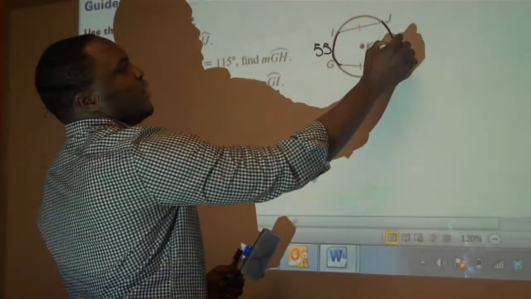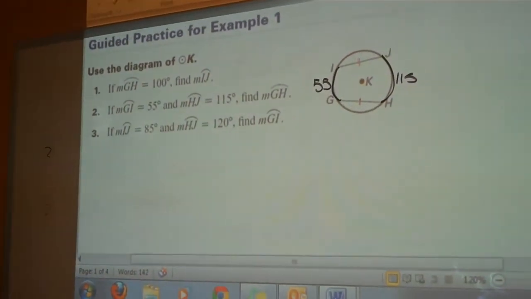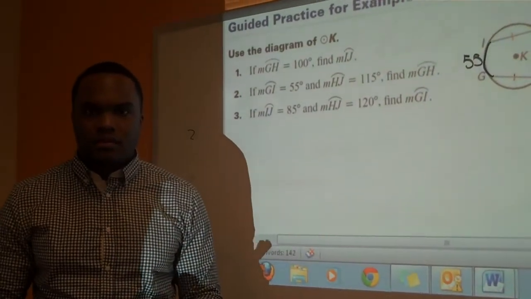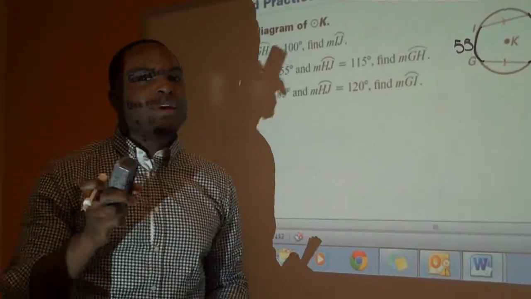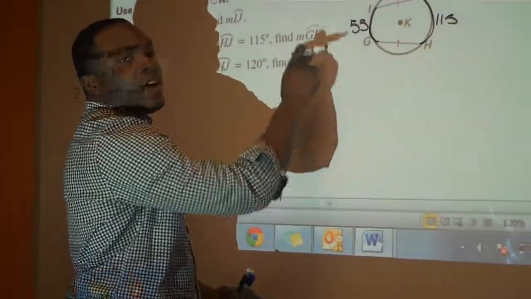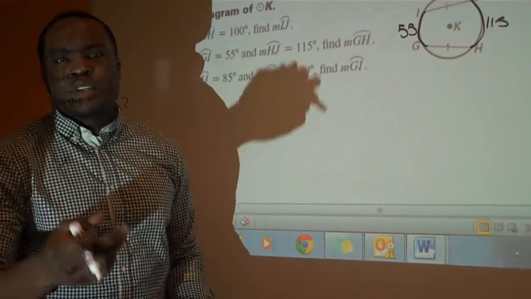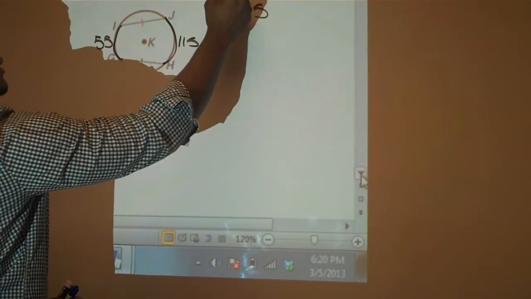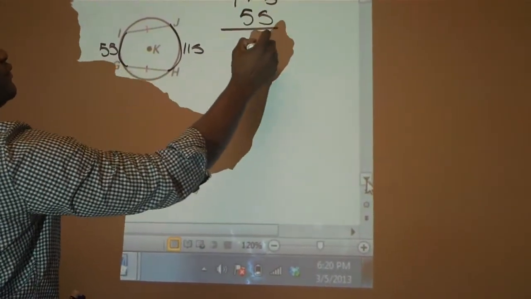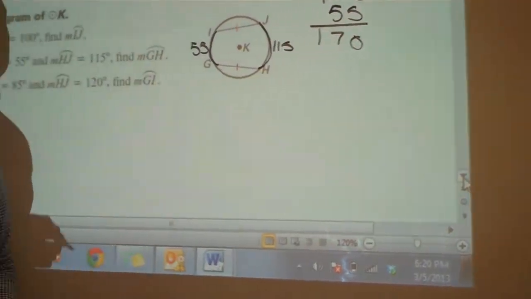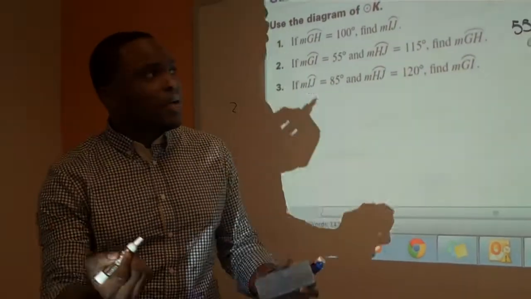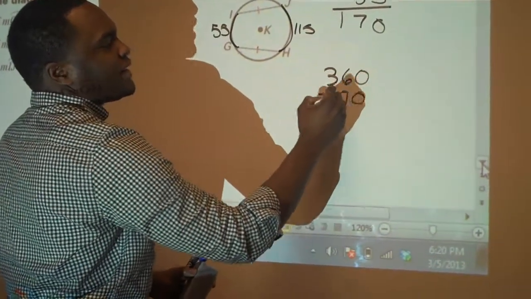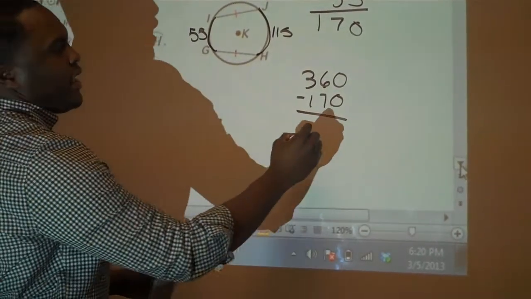This equals 115. Now, remember from that video we showed last class, how many degrees are in a full circle? 360. So I know this whole thing together has to add up to 360 degrees. Well, let's see how much we have so far. Well, 55 plus 115. Pull out your calculators if you want to. I have 170 degrees so far. Well, how much is left over? 360 minus 170. That's going to equal